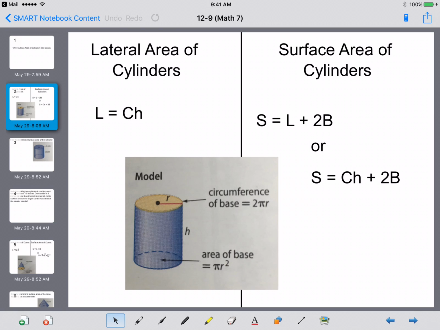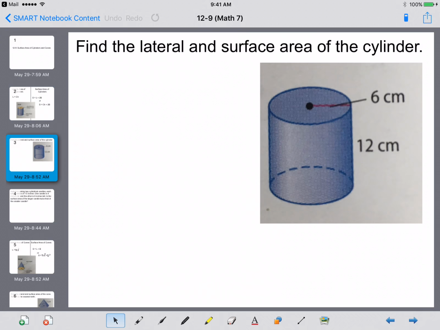To figure out the surface area, we take that lateral area and add on 2 times the area of our base, because there's a top base and a bottom base. So we need 2. Same kind of idea as before. To find our lateral and surface area of our cylinder, we need to do our lateral first, which is our